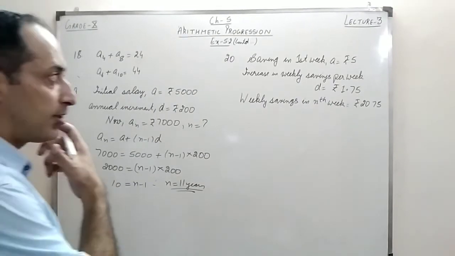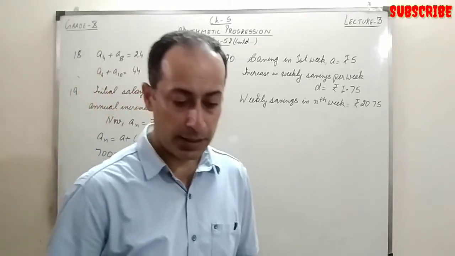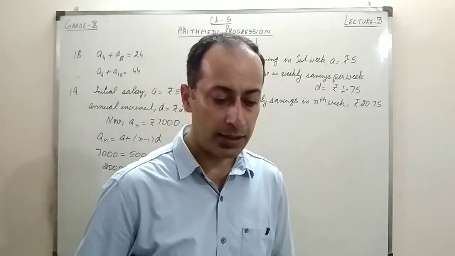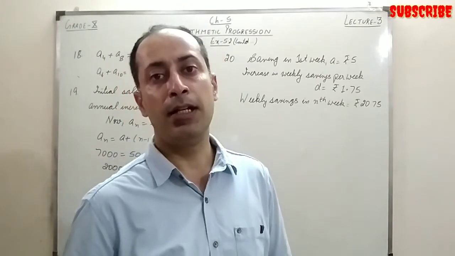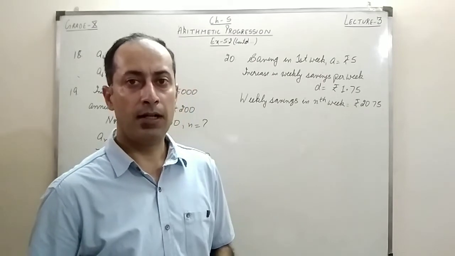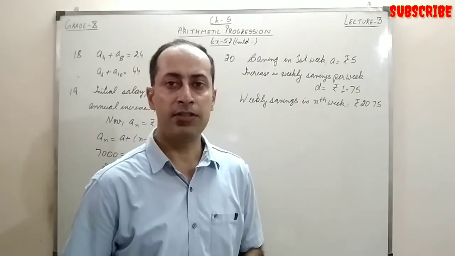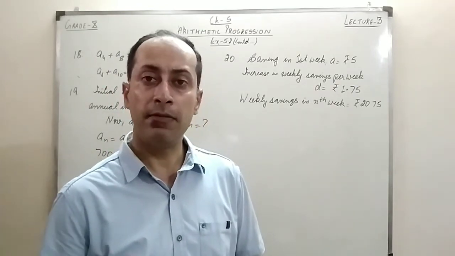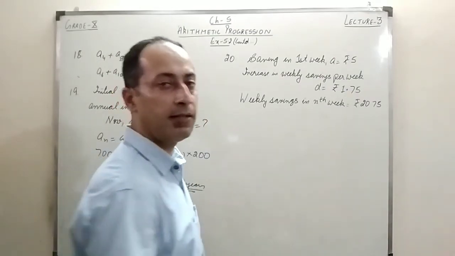Alright, now let's take the last question of this exercise. It is given Ramkali saved rupees 5 in the first week and then increased her weekly savings by rupees 1.75. If in the nth week her weekly savings becomes rupees 20.75, find the value of n, right? So how do we proceed in this question? Whatever the savings are in the first week, that will be our first term. Whatever is the increase in her savings per week, that is the common difference. And AN is given to us as